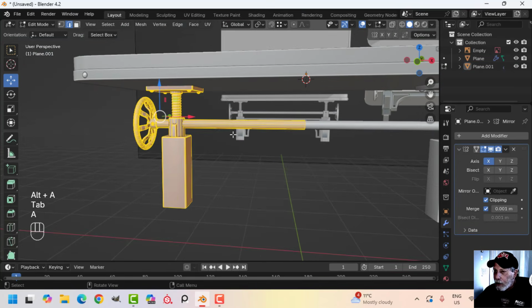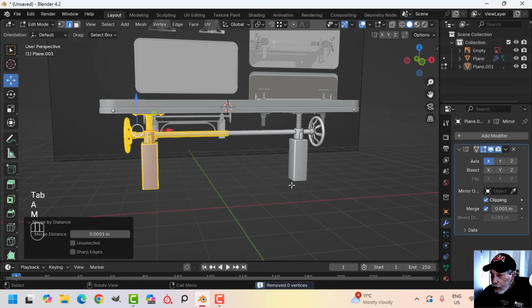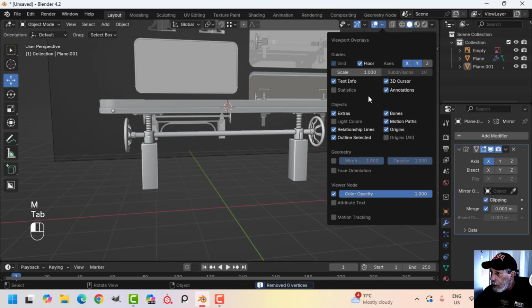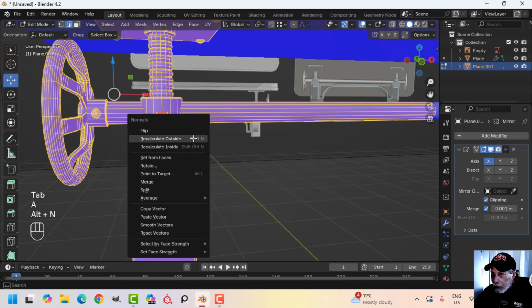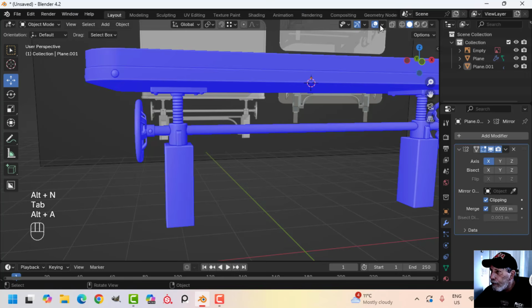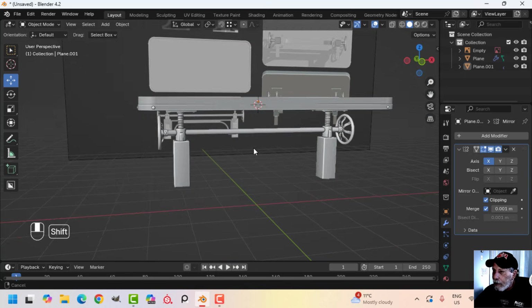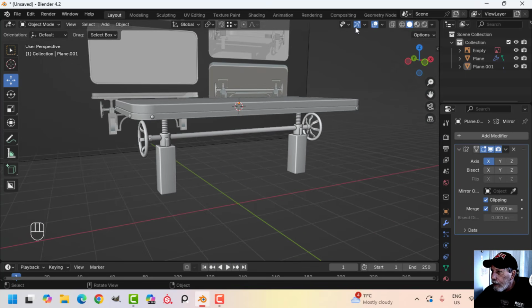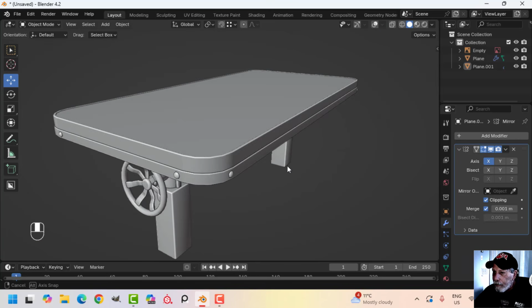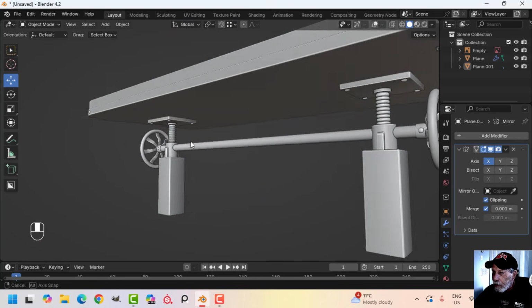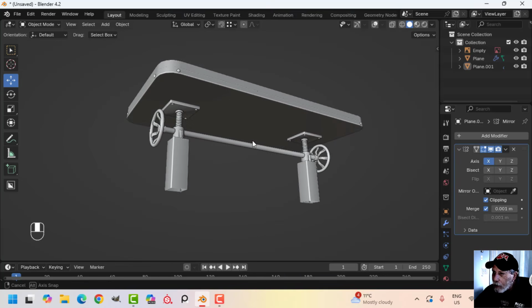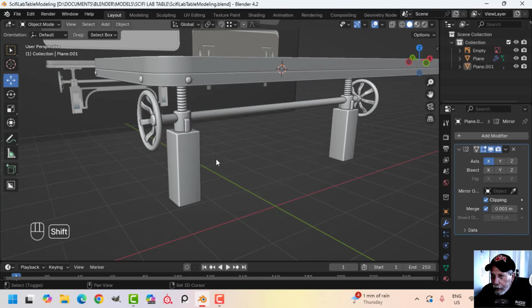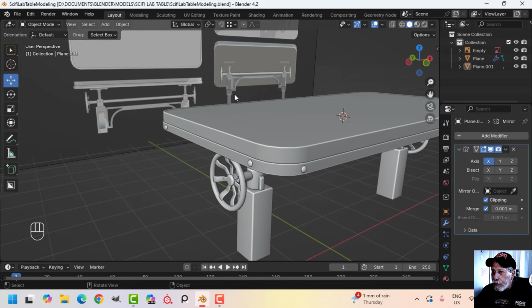Let's just come in and do a quick merge by distance. Nothing to get rid of. Double check the face orientation, and of course that is backwards. So Alt N and recalculate outside, and we have this so far. All right, if I just focus on that, there is the table so far. So we have a few more things to do, but we'll do that when I come back, so I'll see you in a bit. I'm going to move on now to the legs or the feet of this, and this